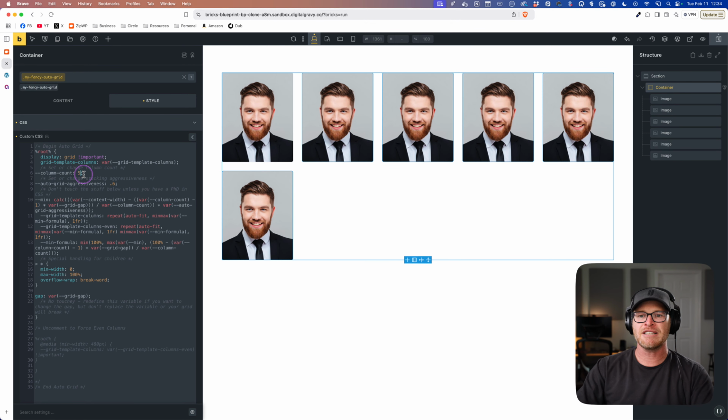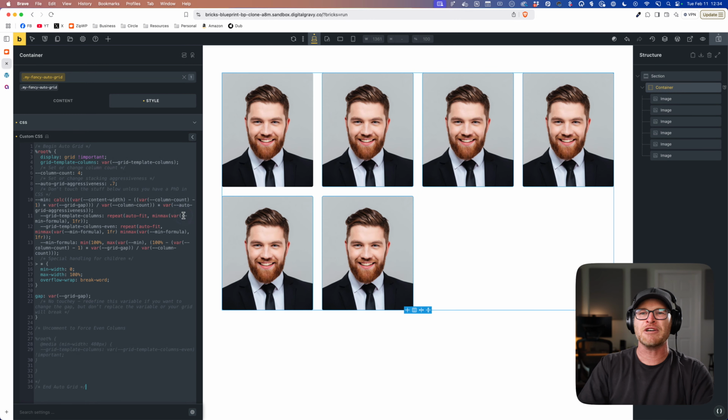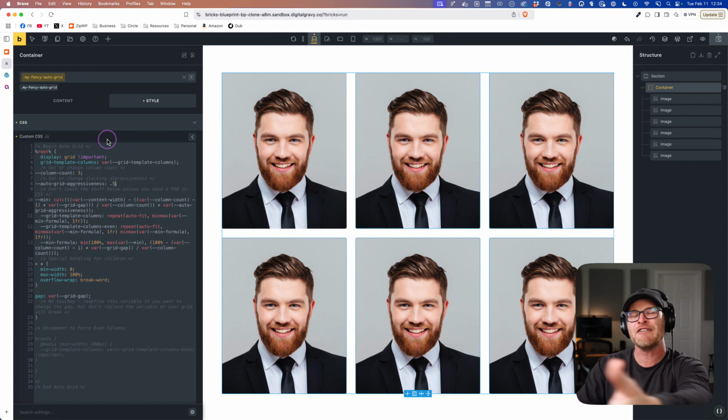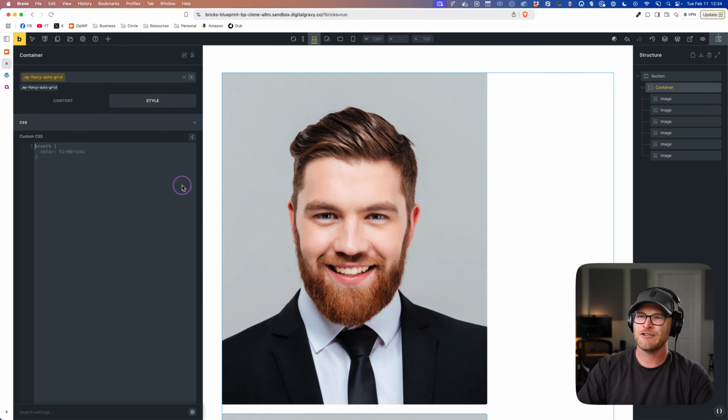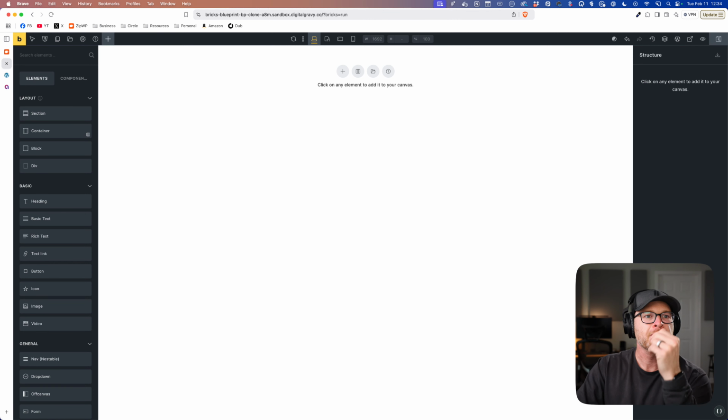And then you don't have to worry about writing all this mess in here. Who wants to deal with that? Nobody wants to deal with that. I want to go, hey, ACSS, I want an auto grid. Thank you. I want 3 columns. I want it to be half as aggressive. Let's change that value, save, move on with my life. Ain't nobody got time for all this, right? You feel me? It's so very helpful.